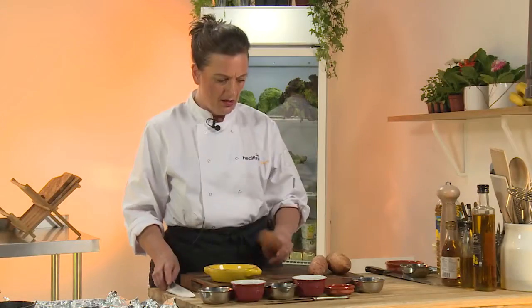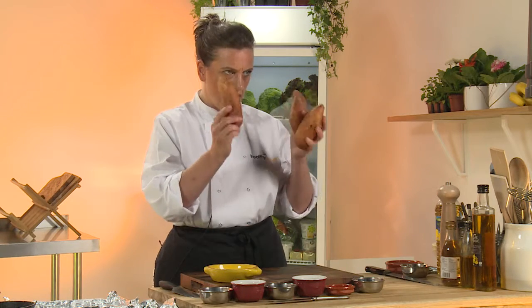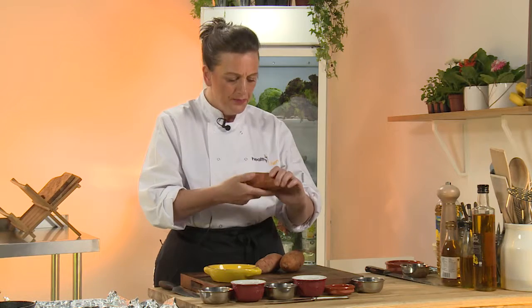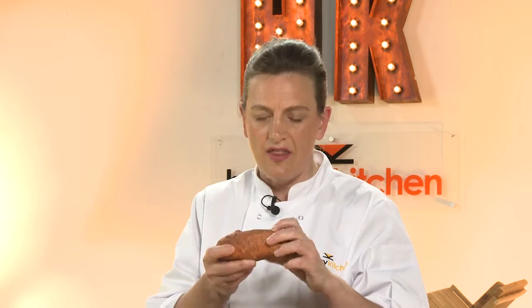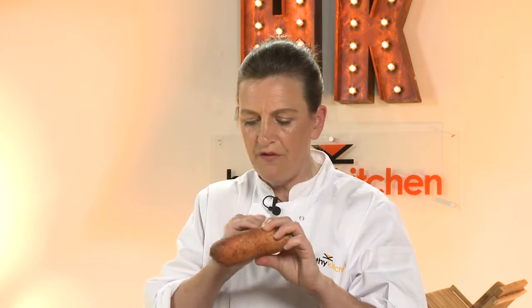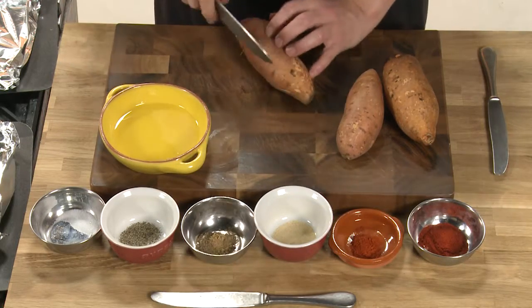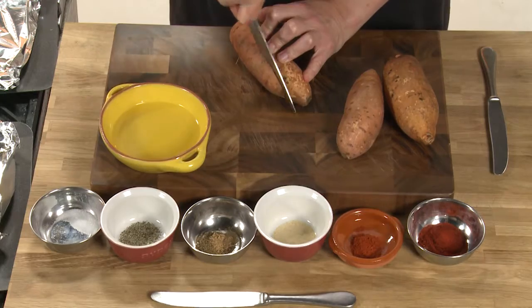So what I'm going to do is cut these into chips, and also they're left with the peel on, so that all the nutrients are just underneath the surface of the peel. So once you peel it and throw the peelings away, you've thrown away most of the vitamins. It's one of the very few occasions when I use a slightly bigger knife, because even though